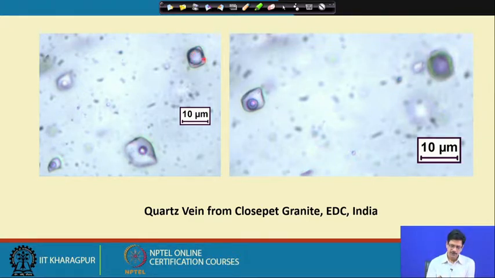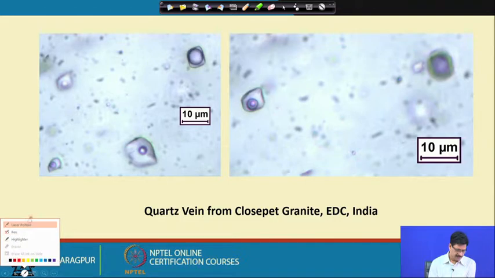is here is also an aqueous carbonic inclusion, but the difference between them is that in the first case the aqueous part is much more dominant, even though we do not know the third dimension, but still we can make out that in this case the aqueous part is far more dominant than the aqueous part over here, or the reverse is that this particular inclusion has a far greater proportion of carbonic liquid, the carbon dioxide component, compared to this.